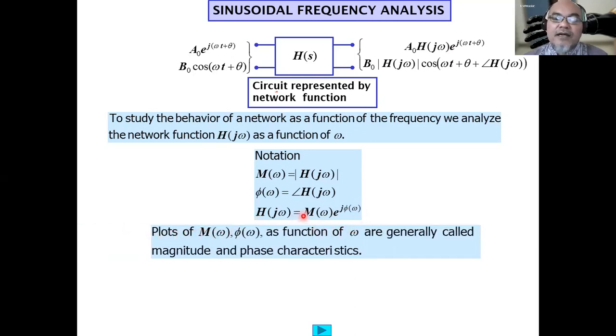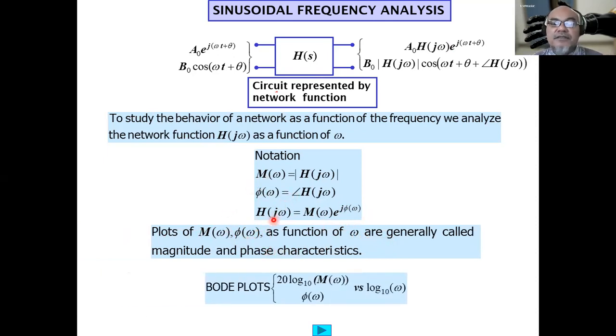Plots of M(ω) and φ(ω) as a function of ω are generally called the magnitude and phase characteristics of the transfer function. And this is what we call a Bode plot. And usually we express it not linearly, but instead as logarithmic versus logarithmic. For the magnitude,